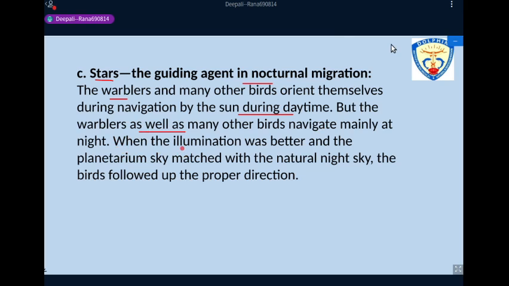So what happens when the illumination was better? The planetarium sky matched with the natural light, and the birds followed the proper direction. Okay, so according to the position of the stars, they will be able to locate exactly in which direction they are migrating and traveling. Okay,